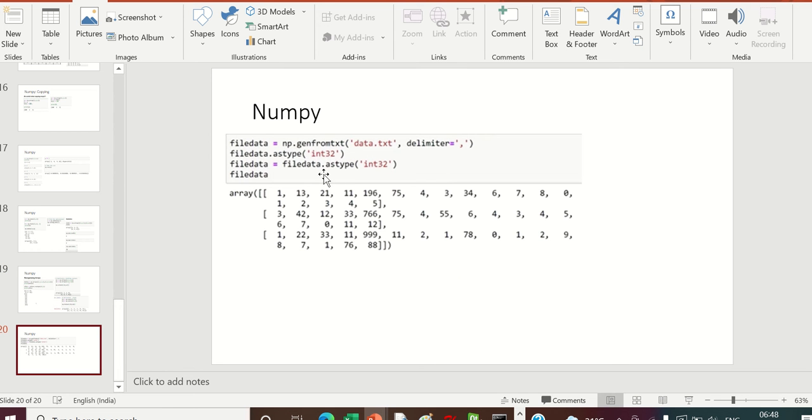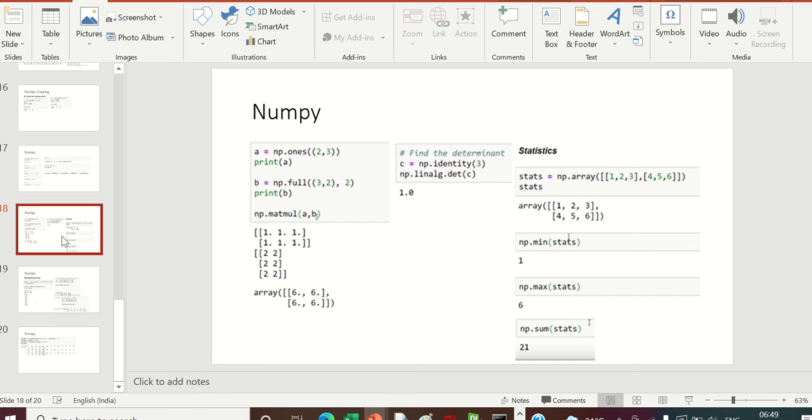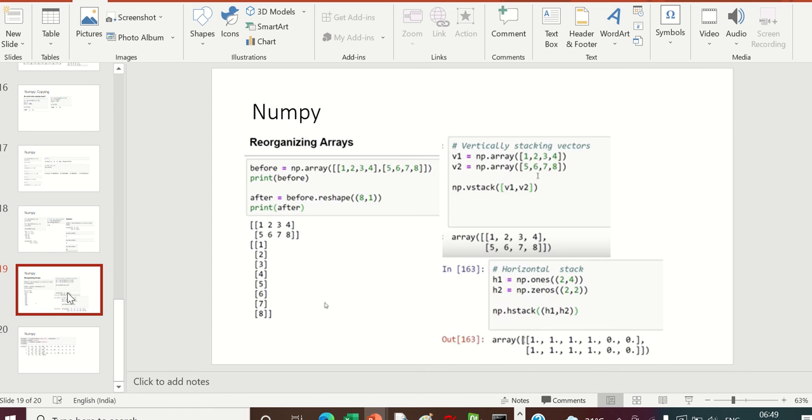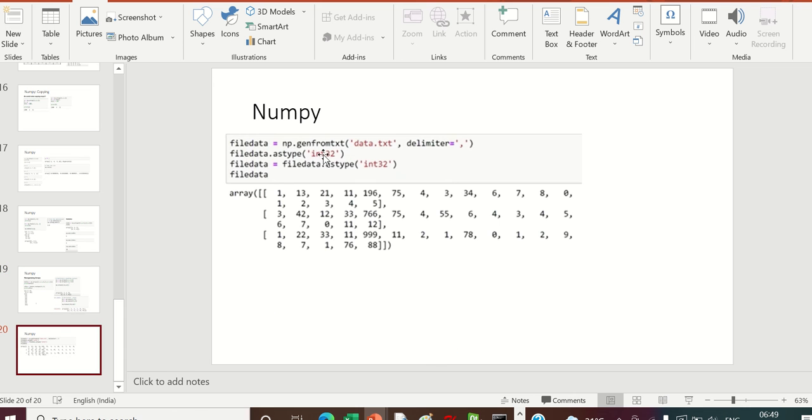Last thing, we can save the data also. So we saw that we are doing so many changes. All these changes can be updated and saved in a data file. First we should generate from text. So there is a text, and in that text there is some data, wait, I will explain.